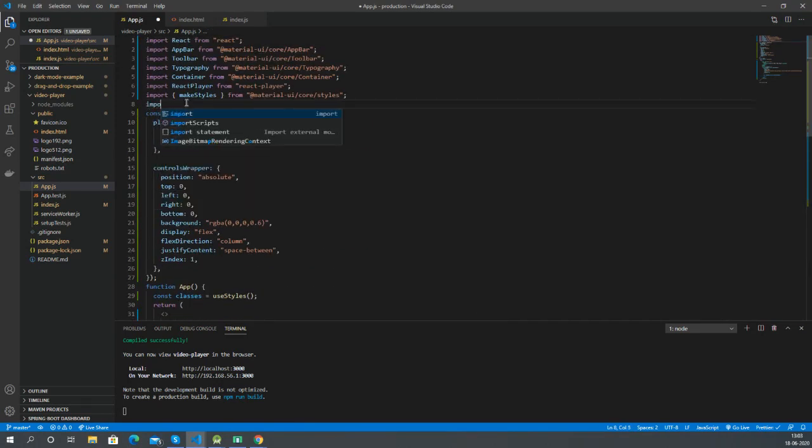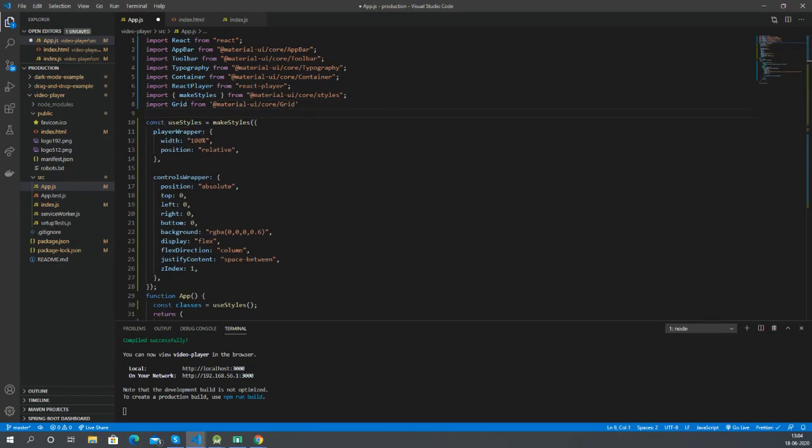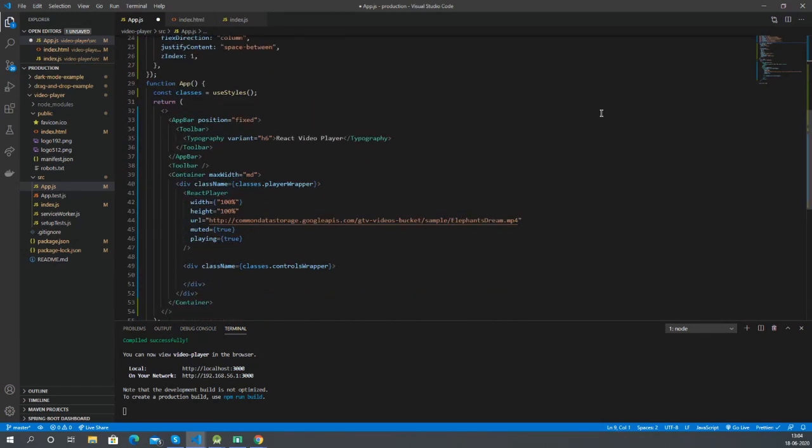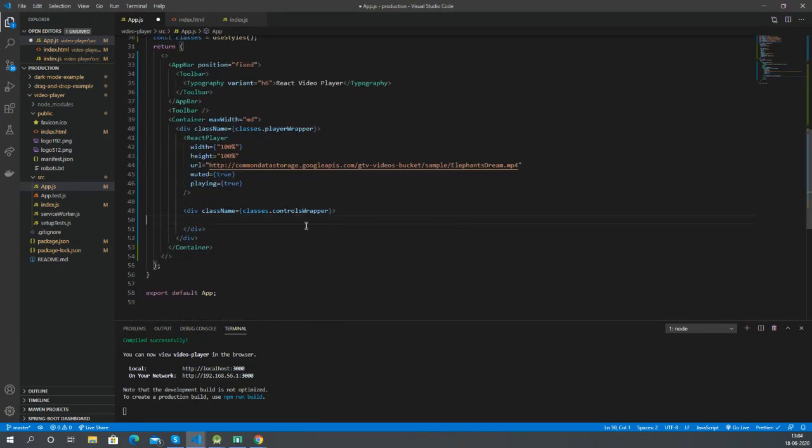First we will import Grid from Material UI. Grid is what helps us with the grid system in Material UI. So all the major UI libraries will have a grid system. So Grid is a part of the grid system of Material UI. Grid uses flexbox underneath. So let's define a Grid and we give a container prop to say that this is a container grid. So there are container grids and item grids.